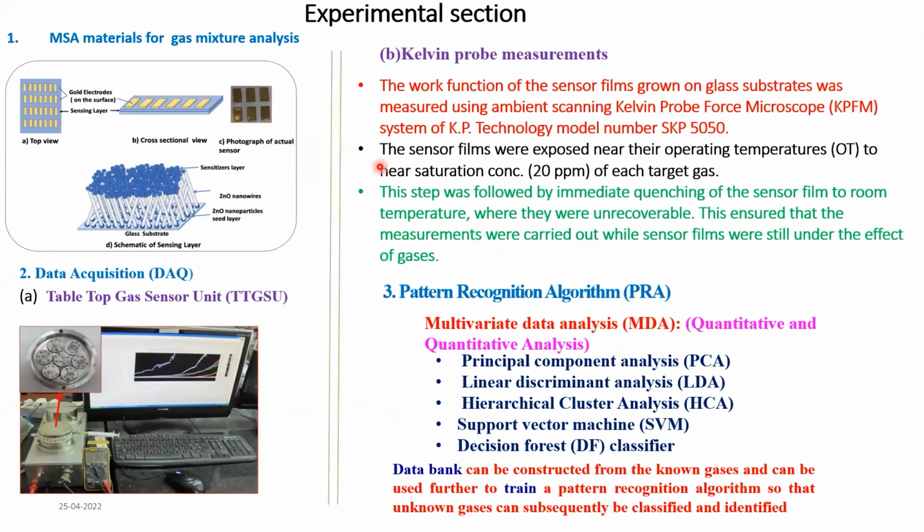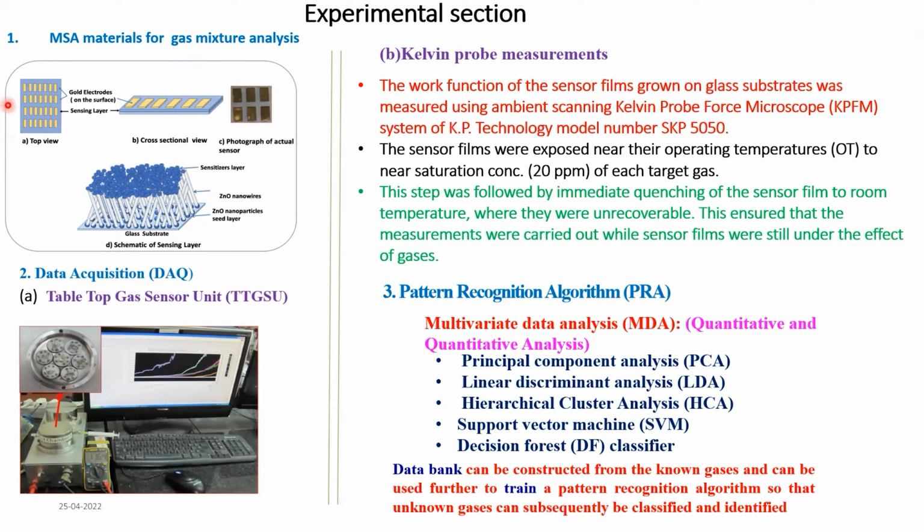And here I'll show the experimental section. First, we have to fabricate a multiple sensor array for the gas mixture analysis. For that, on top of the glass substrate, we have made the zinc oxide nanowires by chemical route method. After that, zinc oxide nanowires have been grown by hydrothermal process. On top of the zinc oxide nanowires, the surface has been modified with different sensitizers. Surface modification of the sensor surface is an effective way to realize sensors that are sensitive and selective towards specific